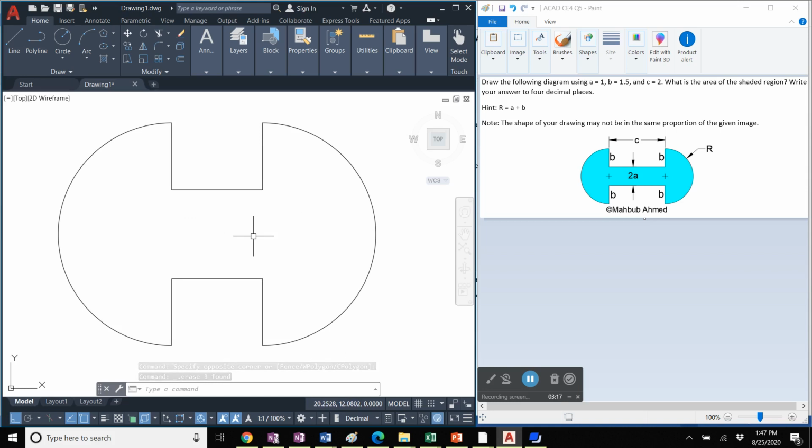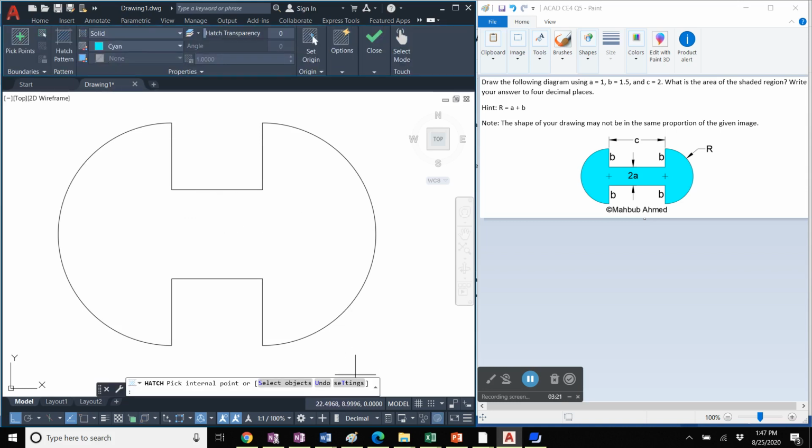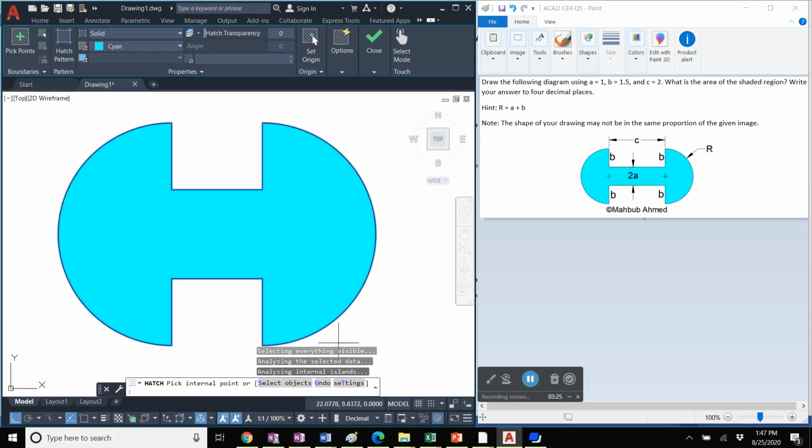and then we're going to put a shade in this area using the hatch tool. So click on the hatch tool and click inside here, and if you need to change the setting, like change the color or change the pattern, you can click here, the settings,